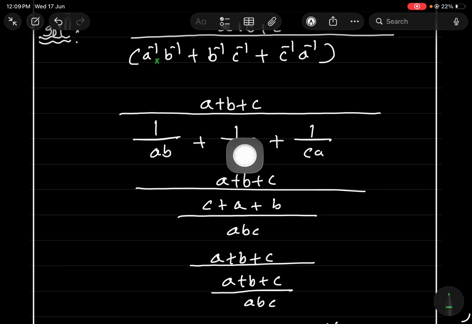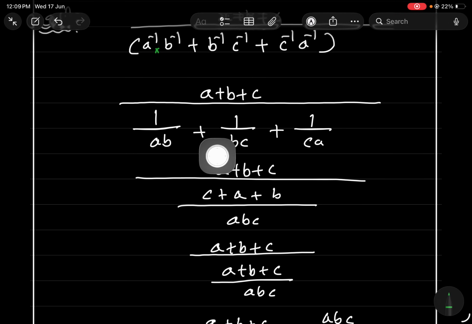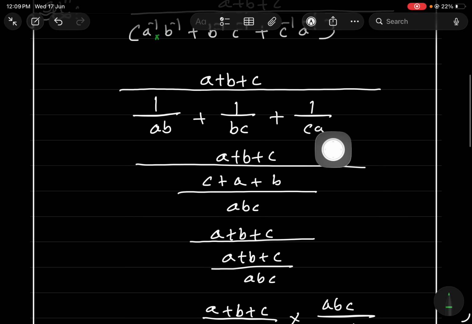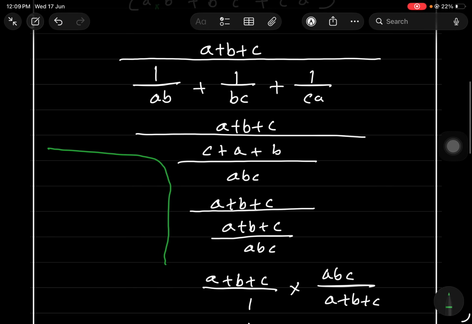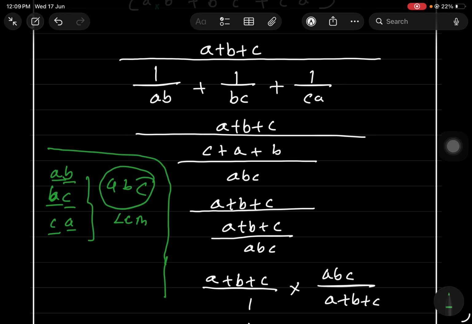Now here three fractions are there at the denominator place. We have to add that, so make the LCM first. LCM means we have to make the denominator the same. So for making the denominator the same, we require LCM. Here see, in rough place I am doing this: ab, bc and ca. Here 2 are common, so a will come. In b, here b is there, so b will come. In c, here c. So this is the LCM, the common denominator.